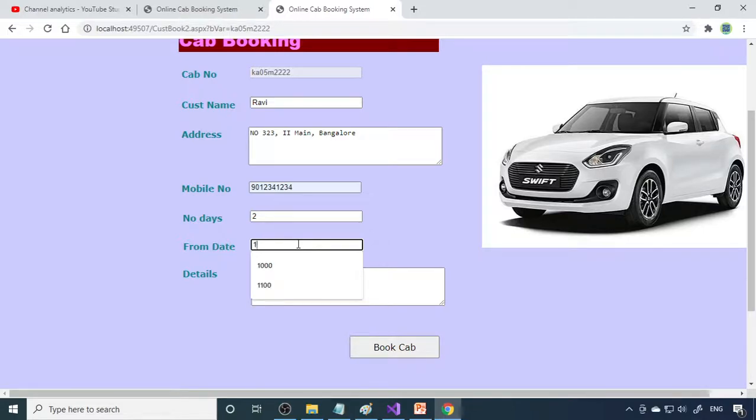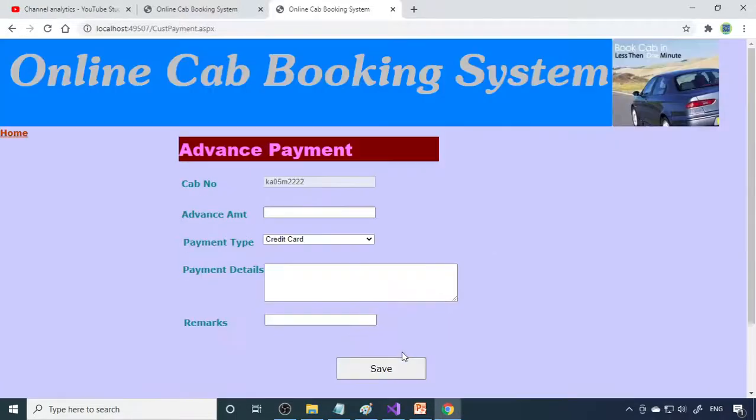So let me give 10 by 2, then 21. So we would like to travel to Chennai. So save this. So the car details are saved, and now we'll come to the payment thing.